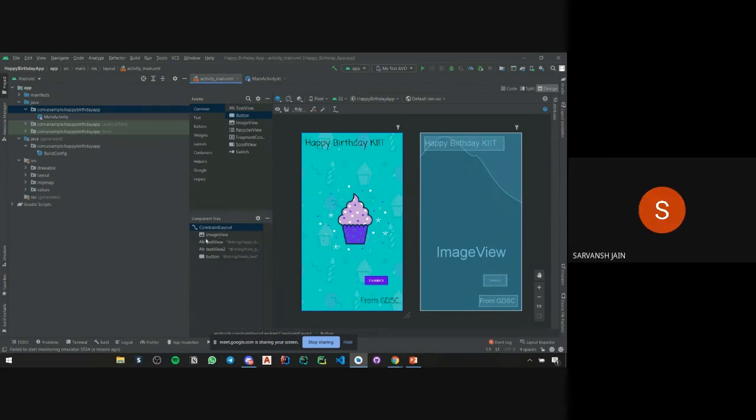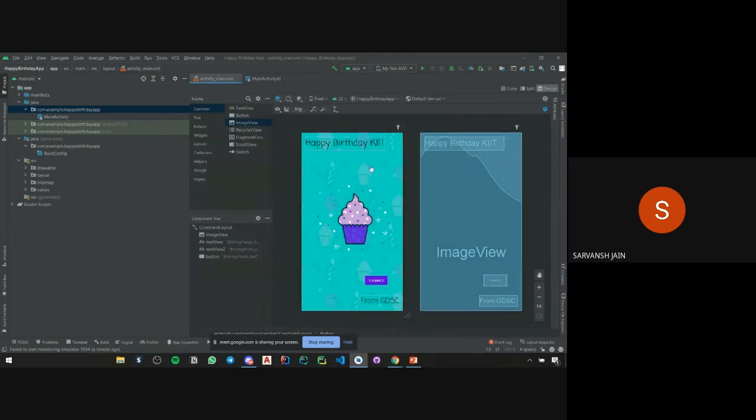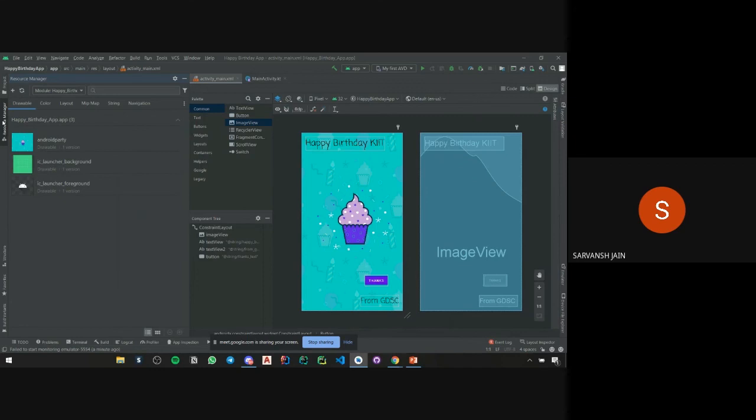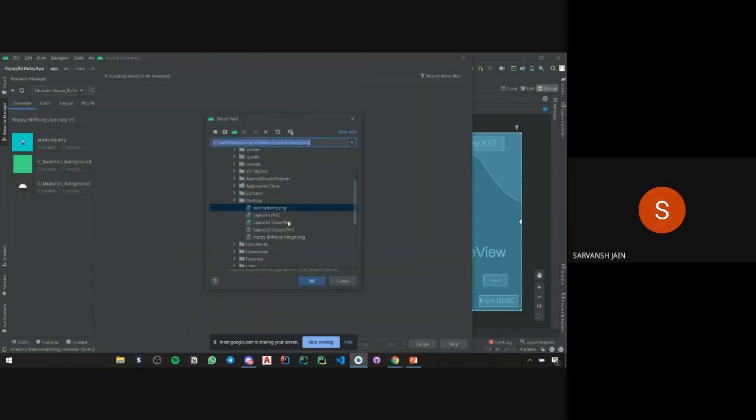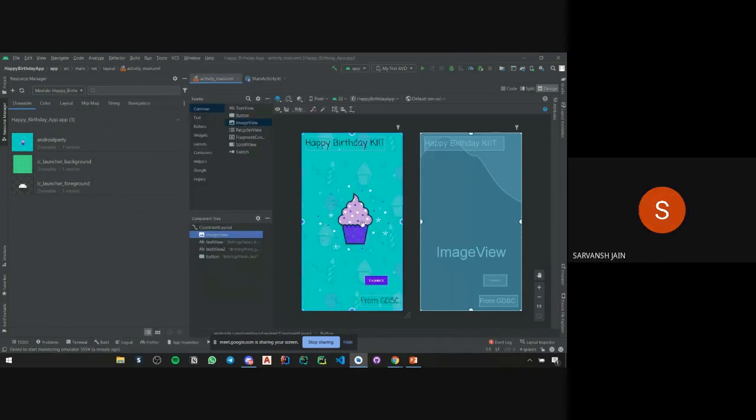Most probably, like if I create a new image view and I just drop it, you would have done this, or something like it. Well, you would have missed importing the image. I think so. You have to go into resource manager, then delete your image view and create a new image view and drag and drop it, and then from the plus sign import the image, whatever your image is, then import it and select it. Okay.